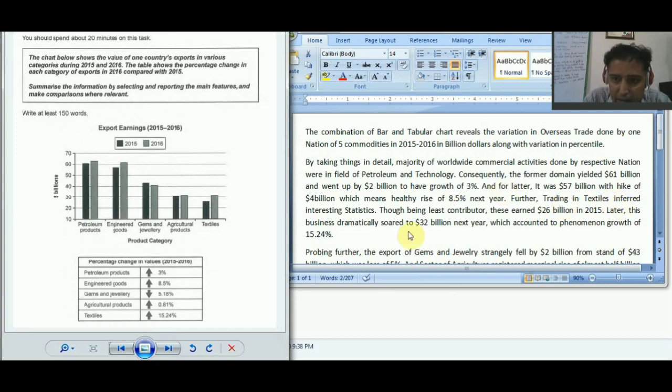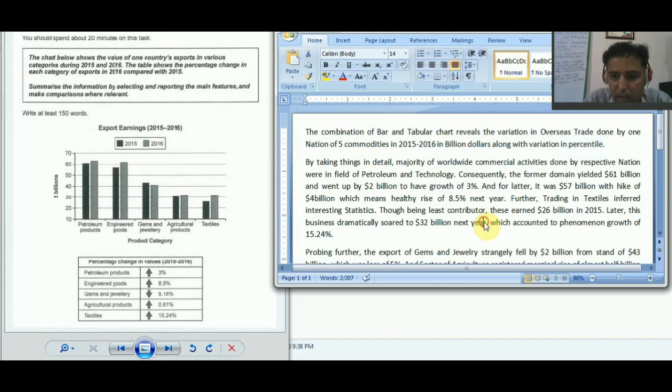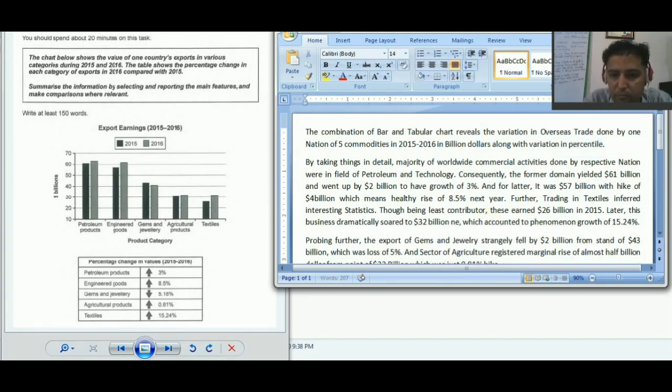Though being the least contributor, it earned $26 billion in 2015. Later, this business dramatically soared to $32 billion, which accounted to phenomenal growth of